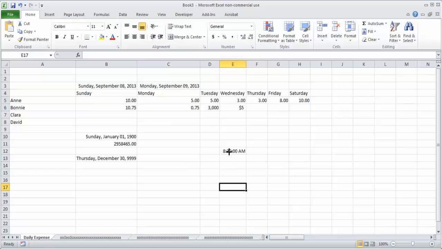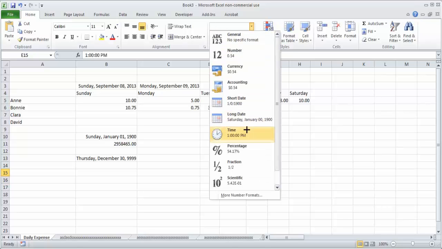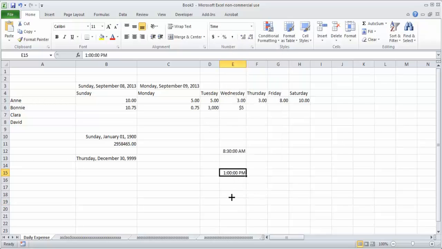So by default it is 8:30 AM. Okay, so that is what it takes. If, let's say, you want to write 1 PM instead of 8:30 AM, you have to write it like this: 30 and 100, and then you write time, so you will get 1 PM.